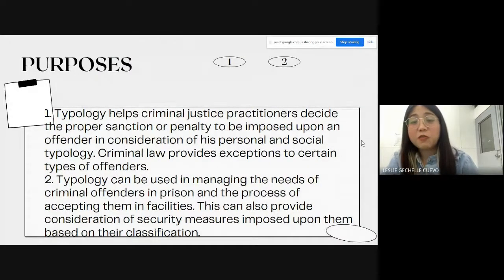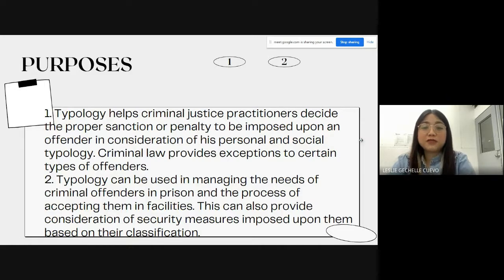So purposes of the typology of crime. So number 1, typology helps criminal justice practitioners decide the proper sanction or penalty to be imposed upon an offender in consideration of his personal and social typology. Criminal law provides exceptions to certain types of offenders. Mas makapagbibigay ng desisyon na tama. Kumbaga, mas malaki yung chance na tama yung maipapataw na penalty or punishment sa'yo kapag nakasaayos yung mga crimes natin